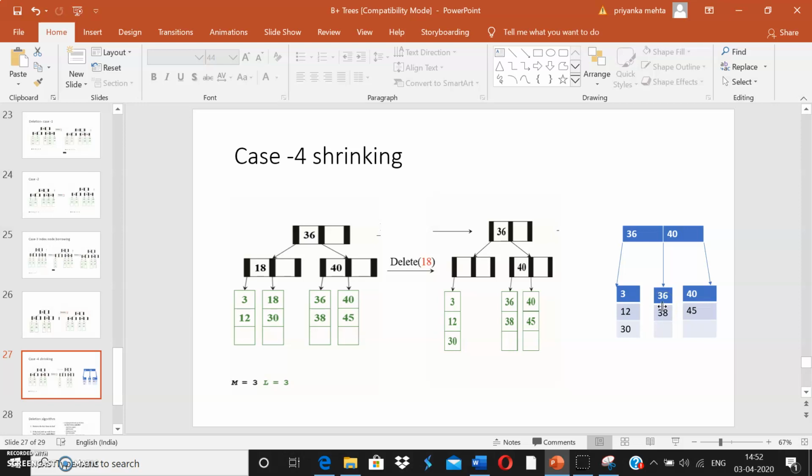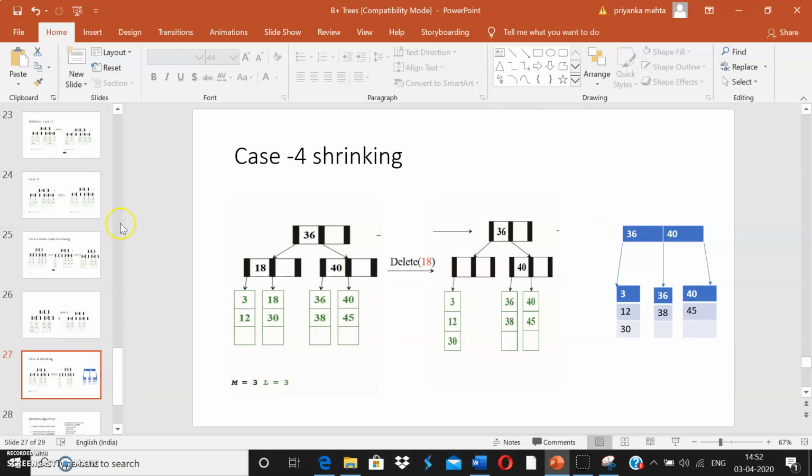If the key to be deleted is not in the index, I'm just deleting that key from the leaf node. And if I'm deleting it from the leaf node, I check that it is not leaving my node with less than the minimum number of keys, and then I'm done. The second rule is this: if any deletion is leaving my node with less than the minimum number of keys, then I'm going to either borrow from the sibling or merge it. And this process will be repeated till the root.